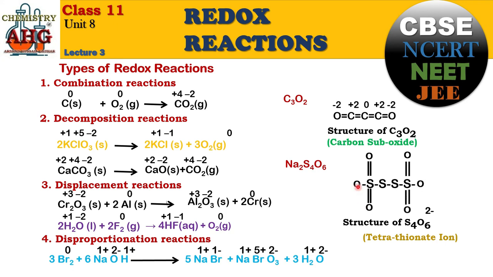Now what is the charge on those oxygen atoms which are present on the terminal? Since they have made one bond, they would have a charge of -1. Now what you can see is that these sulfurs would have an oxidation number of 0 because they are bonded to the same atom, sulfur. This sulfur is bonded to 3 oxygens. So what will be the charge on this sulfur? +5, because 3 oxygens are attracting electrons from this sulfur with the help of 5 bonds. So oxygen would create a positive charge of +5 on this sulfur, and this sulfur would also be +5.